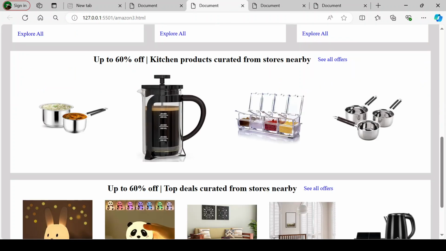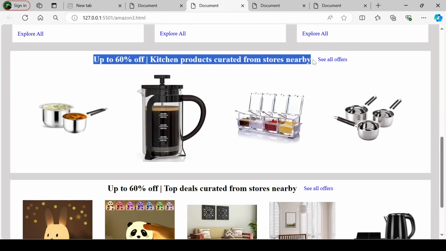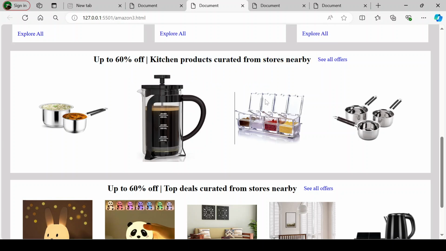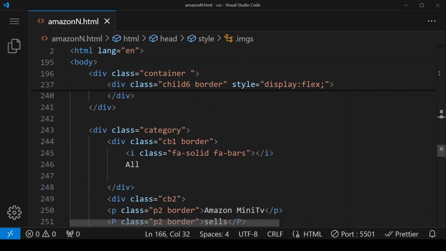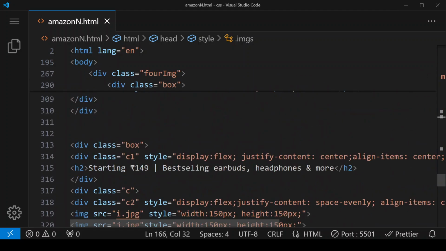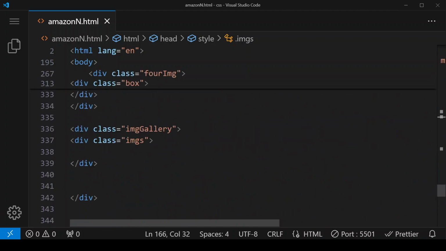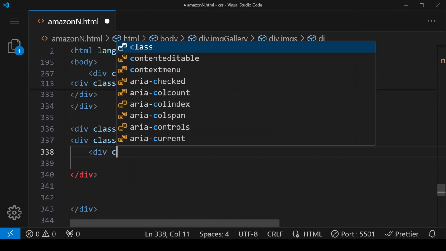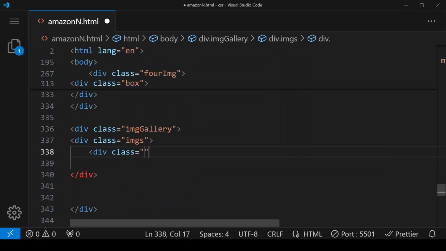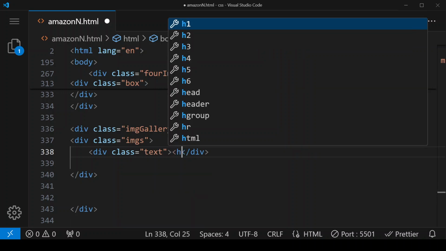First thing we have to put in it is this text. So we'll be putting this text in a different div within imgs. So here, this is our imgs div. Here I'm creating one more div, class equals to, I'm naming it text. So this is our class, and here we have to write the text in between an h2 tag.